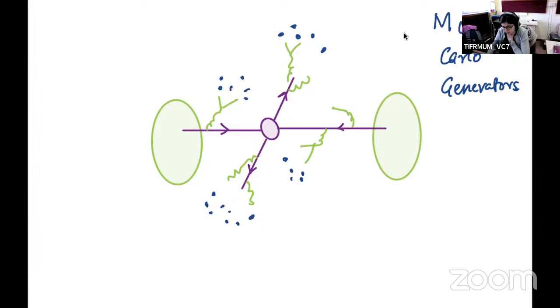And then we will talk about this probability of radiation and how to simulate these showers. So this initial and final state radiation, these are initial states, these are final states. How initial and final state radiation is simulated is done by something called parton showers. Okay. So you will understand how those are